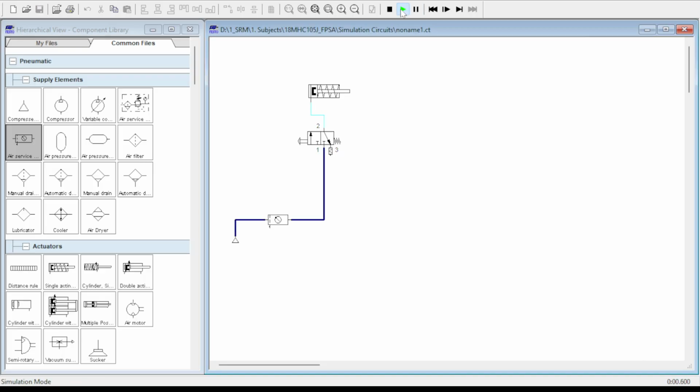So upon starting the simulation, you can see that there is a change in color which represents the flow of fluid. The dark blue colored lines denote the flow of a fluid where the compressed air is active. And now you can see from the compressor source through the FRL, compressed air has reached port number 1, and at port number 1 it is blocked and there is no flow happening through this part of the cylinder from the source to the output.